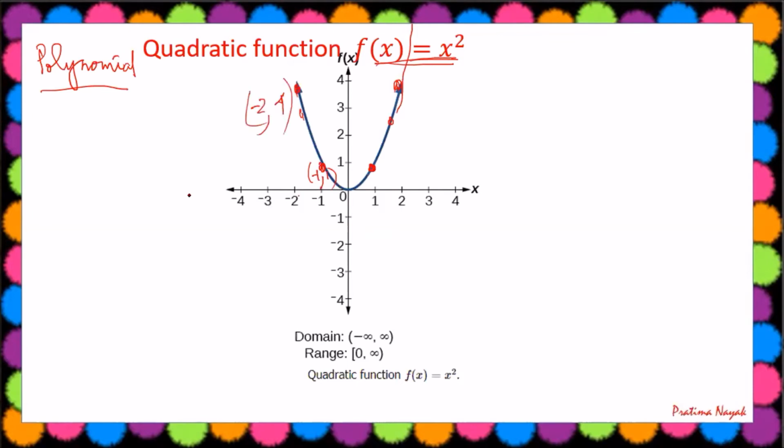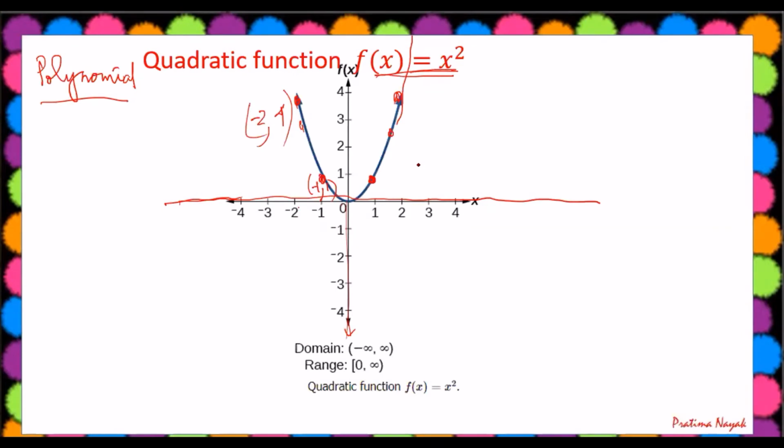We observe that the value of x extends horizontally to the two extreme ends. But about y, it is not extended, or the value of y is not there below the x-axis. Y is not plotted on the negative y-axis. So the negative y-axis is not included in the range. So the domain is all real numbers, and the range is only positive real numbers. So this is similar to that only.